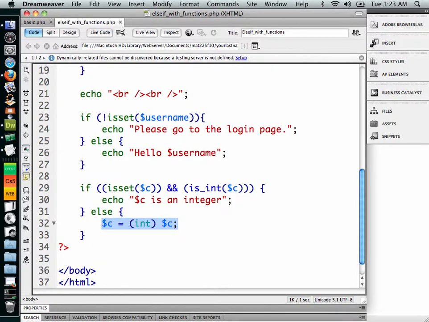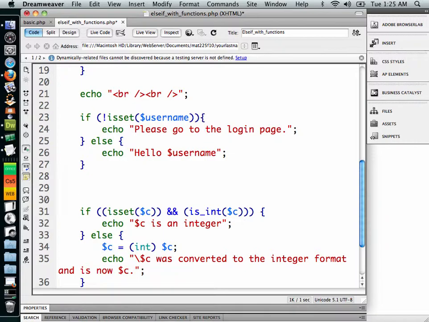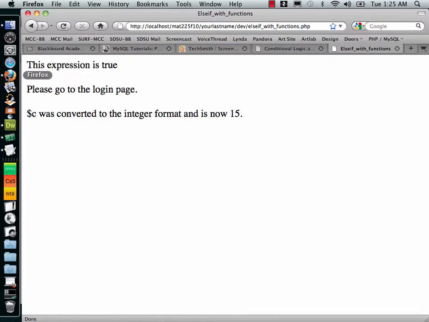Now what we need to do is report something to the screen. So let's go ahead here, and we're going to echo C was converted to the integer format and is now C, which will print as a number. And one other thing that we forgot to do is put our break. So let's go ahead, paste that, save it, and we'll go to Firefox and refresh. And here we go. If you wanted to be absolutely certain that you had the right type, maybe we could actually even substitute this string version here with a variable that reports back the actual type, we can